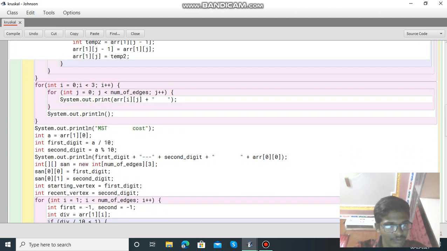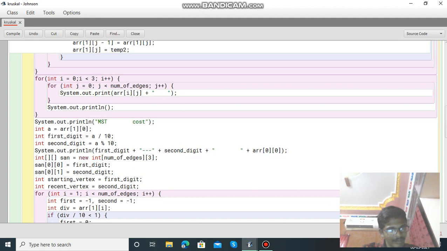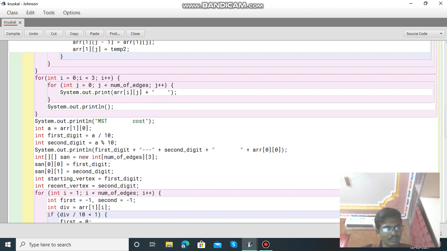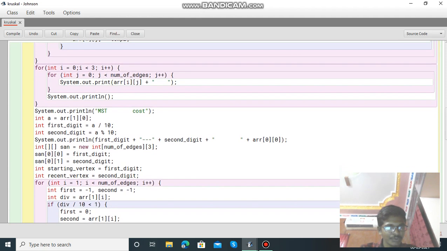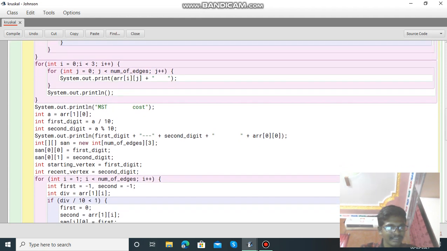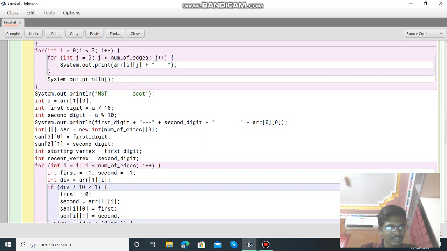MST cost. Integer a equal to array of 1 of 0, integer first digit equal to a divided by 10, integer second digit equal to a modulo 10. System.out.println first digit plus second digit plus array of 0 of 0. Then integer sam equal to new int[number of edges][3], then we use sam[0][0] equal to first digit and sam[0][1] equal to second digit,